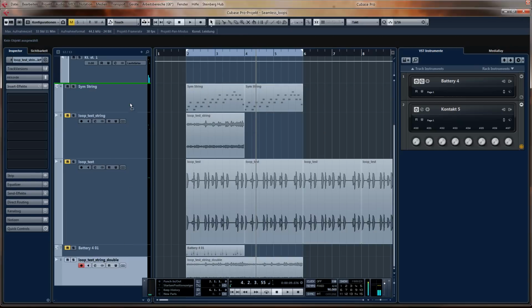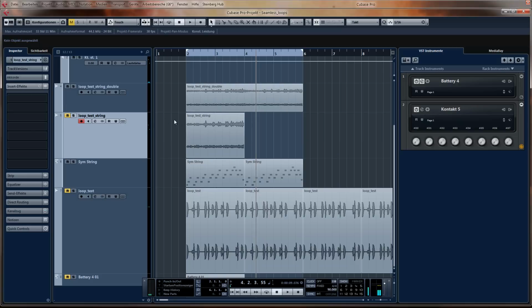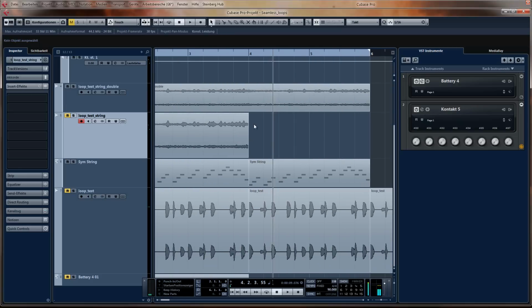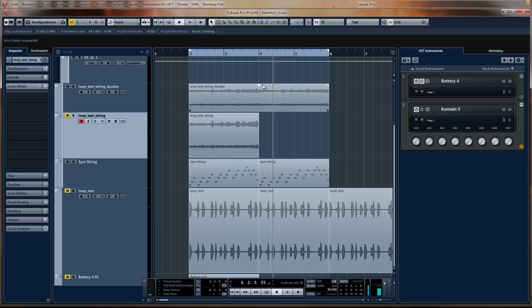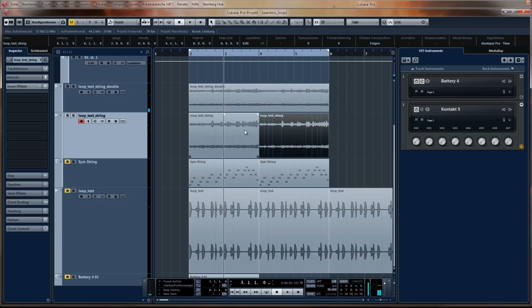So we now have double the length of the initial loop that we created. And the essential part is this position right in the middle where the 2 loops get together. So let's just compare that with the original loop when we have that one. You always have that gap in there, and when I take the new one, all that's left to do is actually cut it in the middle